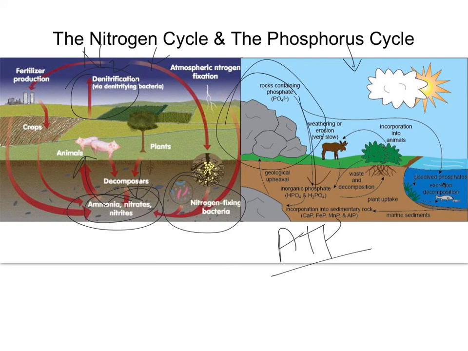And then what's going to happen is plants are going to uptake that phosphorus, those phosphate groups, PO4, and incorporate them into their plants. When animals eat the plants and animals eat other animals, then that's how we're passing those phosphates around. And then when things die, bacteria again decompose and put the phosphate back into the soil. So these are very basic explanations, but I think they'll kind of start the conversation of the importance of cycling matter.